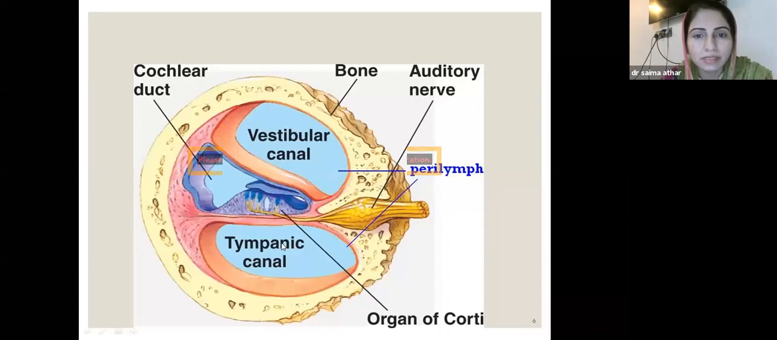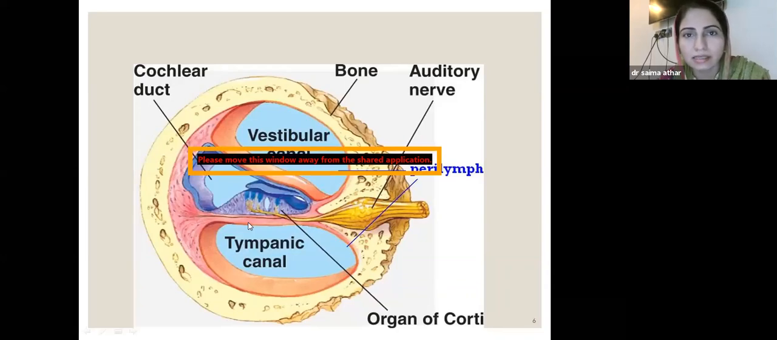And they have different mineral composition, ionic composition rather. The endolymph is high in potassium and low in sodium, and the perilymph is high in sodium and low in potassium. This difference helps in the ionic movement along the hair cells, that is called the organ of Corti,